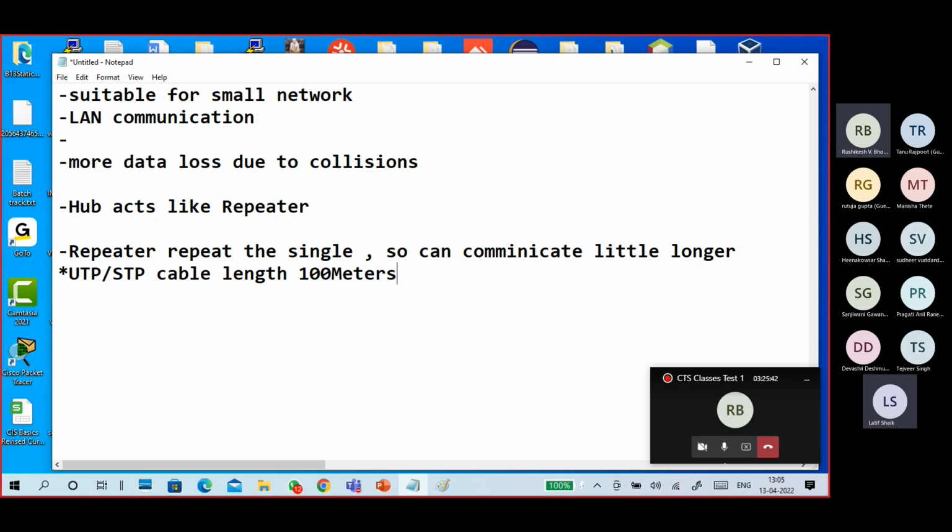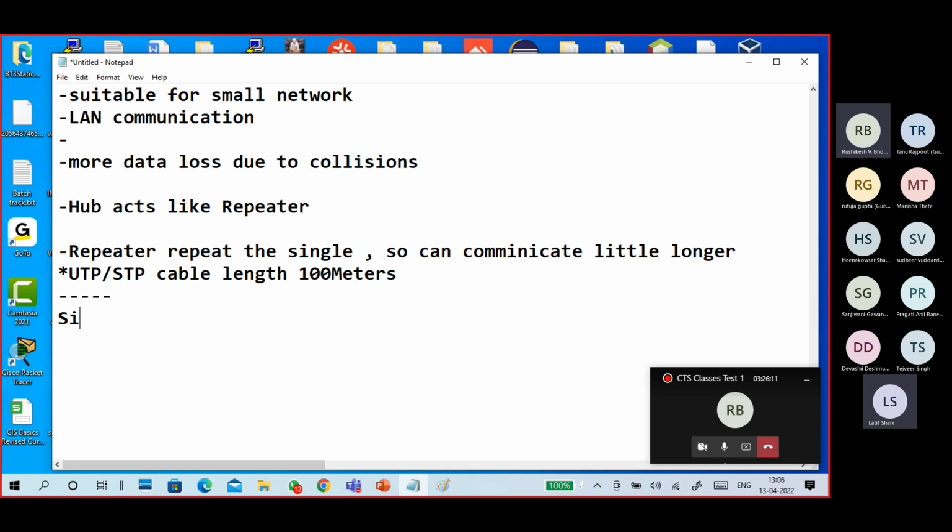Either you can use a hub or a repeater, then you can communicate over a little longer distance. Not like I'm in Pune and want to communicate to Bombay, so I put repeaters. I can't communicate like that. It's only for a short distance, a little above 100 meters. So that is about your repeaters.